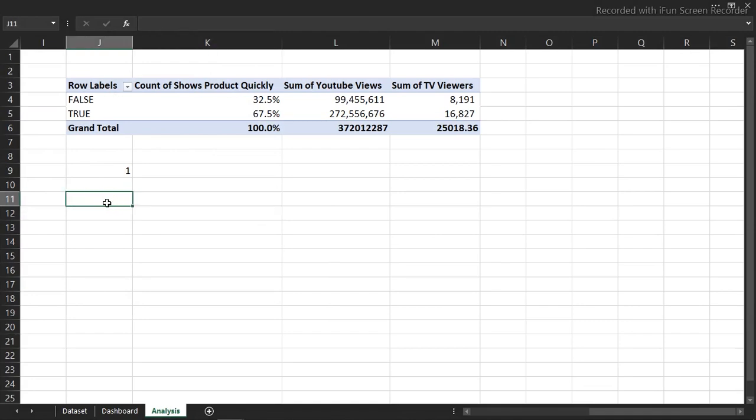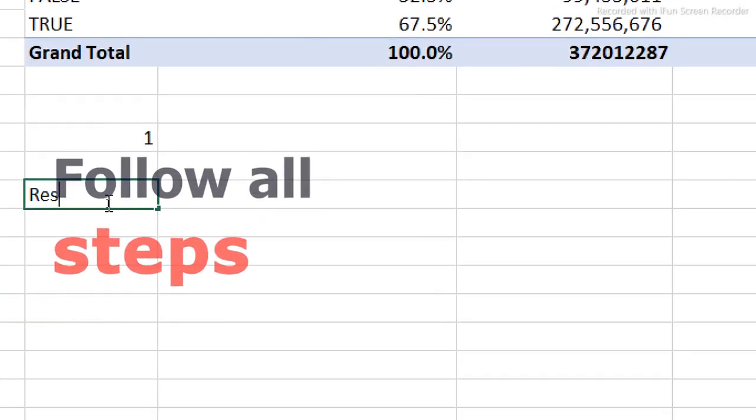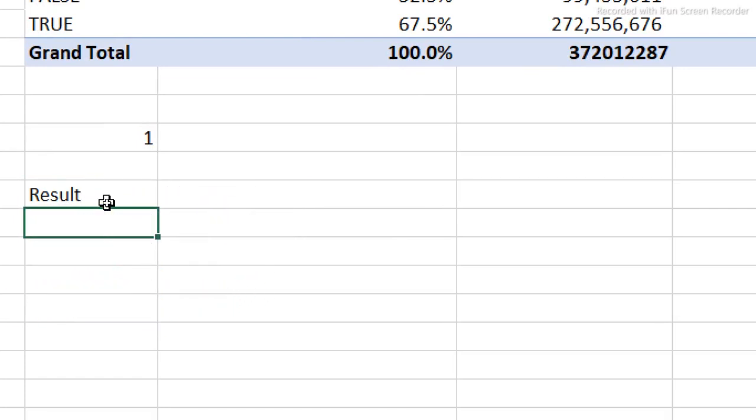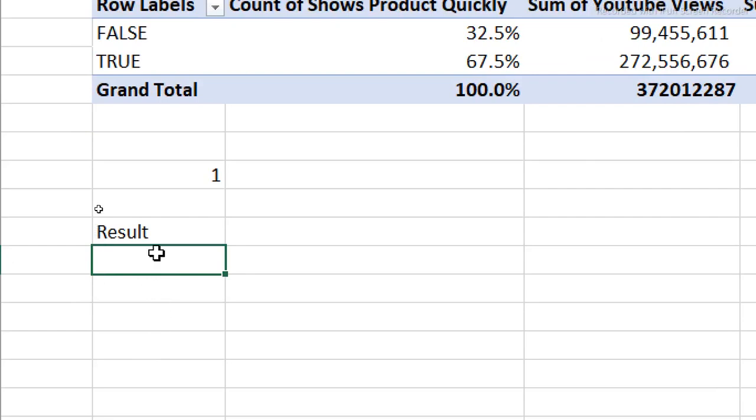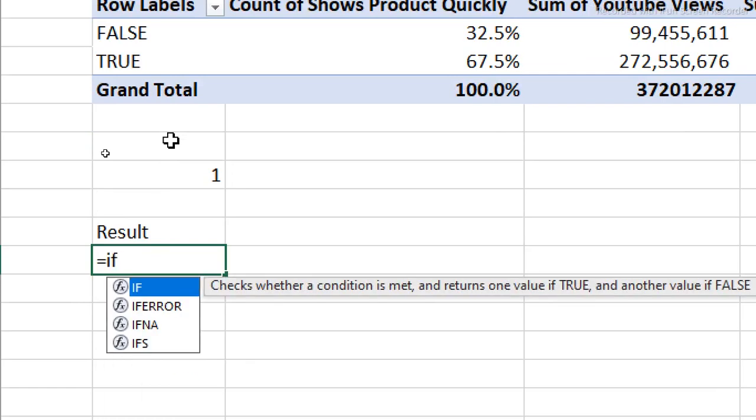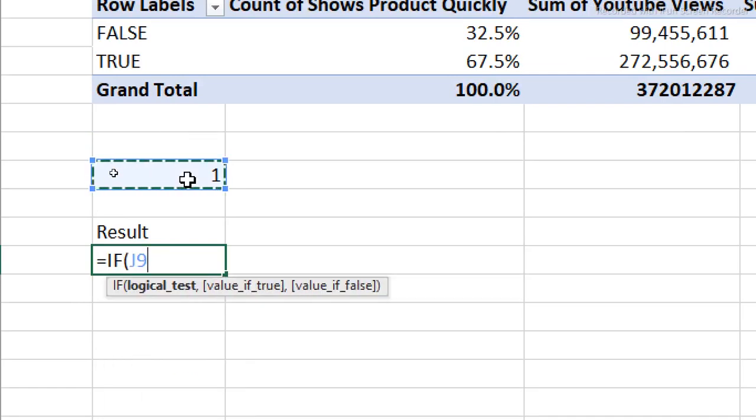So quickly I want to come right here and type in my results. So I'm going to say results, and under that result, what I'm going to have right here is this. I'm going to use my if condition to have the results. Okay, now let's see. I'm going to use my equal to. I'm going to use if condition. I'm going to say if this particular number right here is equal to 1, I want you to actually